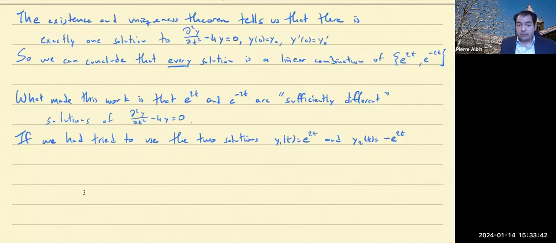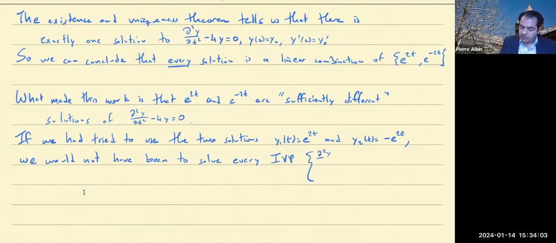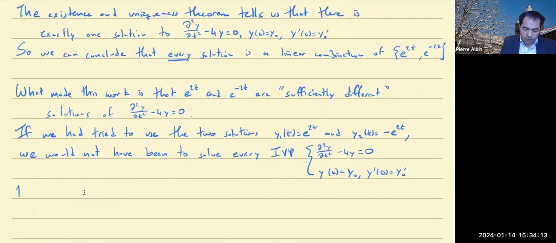However, they're not very different, right? We would not have been able to solve every initial value problem, right? For example,